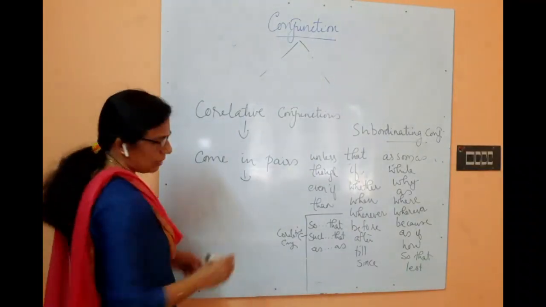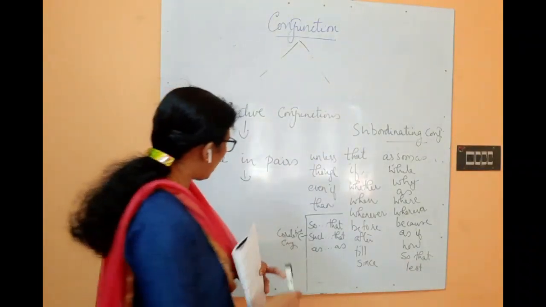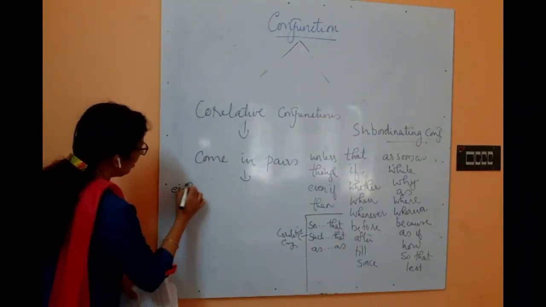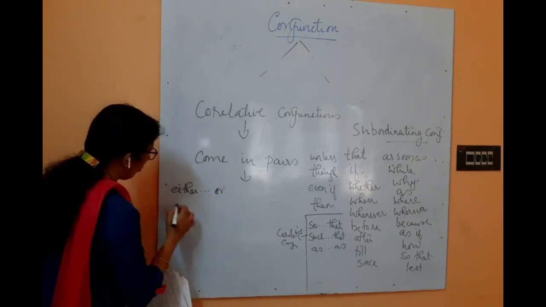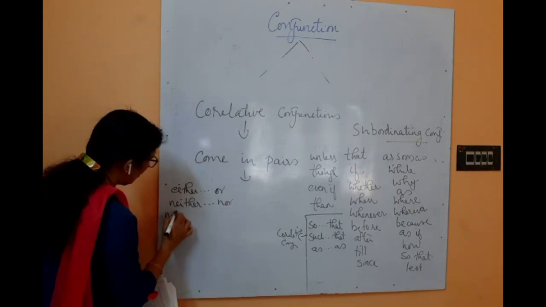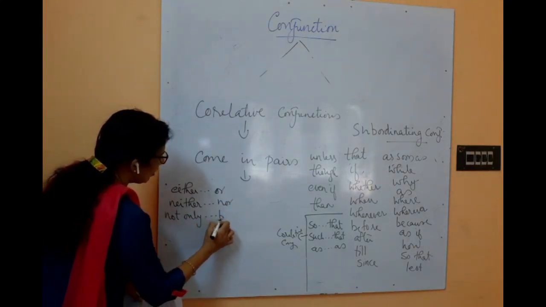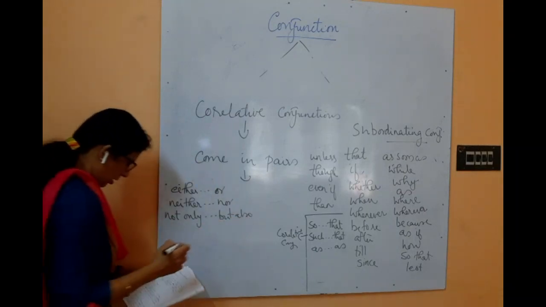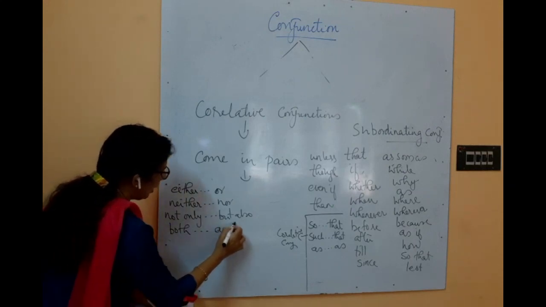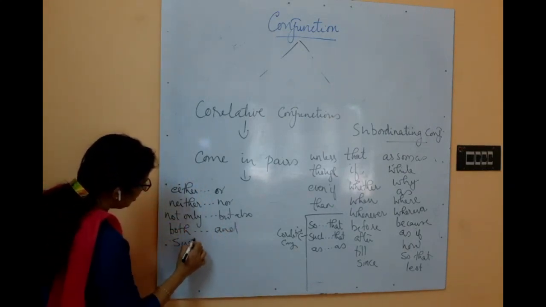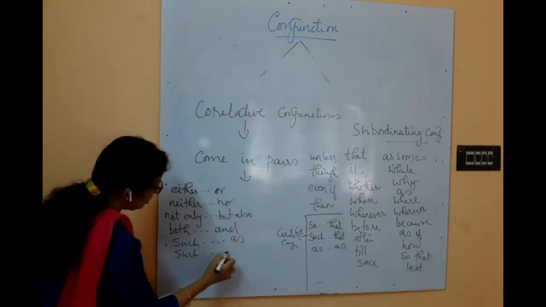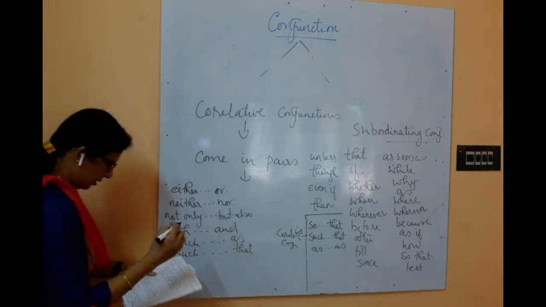Okay, and it comes in pairs, and we'll write which are the correlative conjunctions: either or, neither nor, not only but also, then both and, such as, such that,